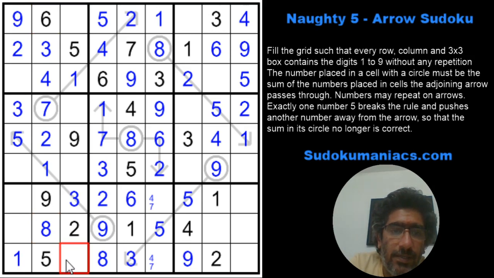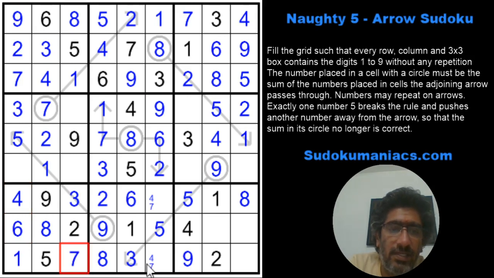This would be a 4, 6, 7, 4, 7, 6, 7. So 4, 7, there's a pair. So that makes this an 8. 8 means 8 is logged in these two. So that's an 8 and a 7. 7 and an 8. 7 goes here, 7 goes from there. So this has to be a 7, 4, and a 7. And the last digit for column 1, we get an 8.